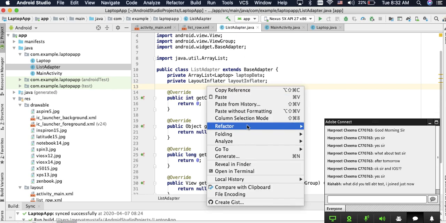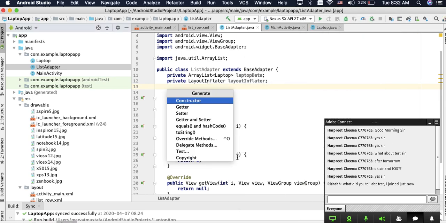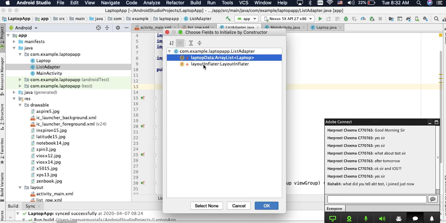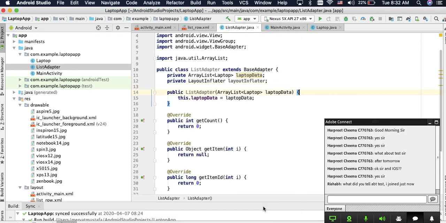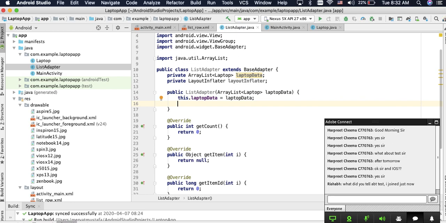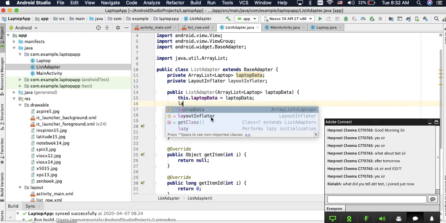Let's generate the constructor. Just take the lists. Then here let's add the layout inflator